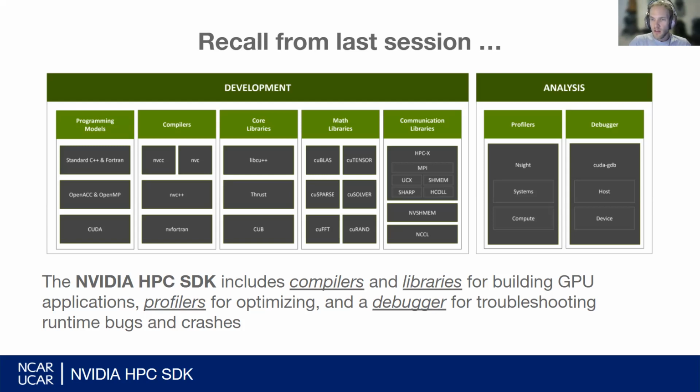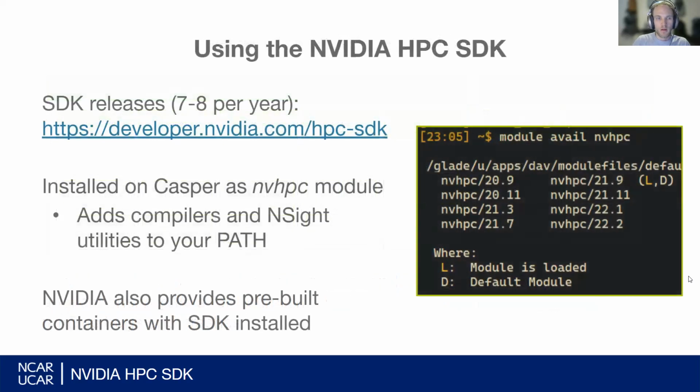There's also these analysis tools, including a CUDA-centric debugger and a GPU code profiler, or a set of profilers really, called the Nsight Systems and Nsight Compute. And we're going to go into aspects of these in greater detail in future sessions. The thing that we're really going to focus on in this session is the suite of compilers here. So using the NVIDIA HPC SDK,